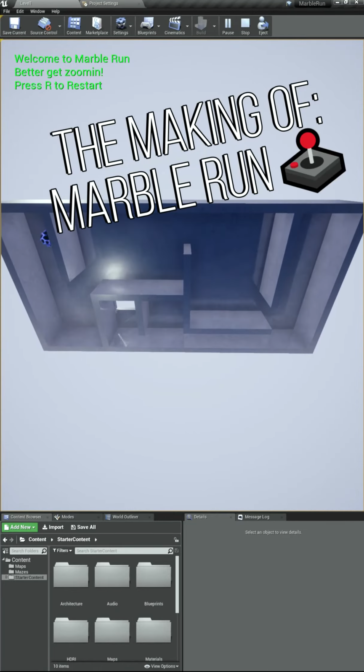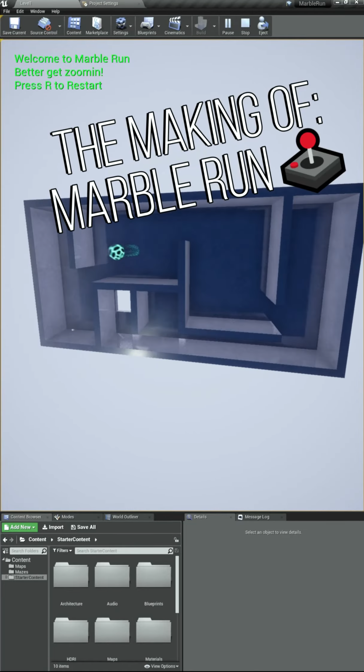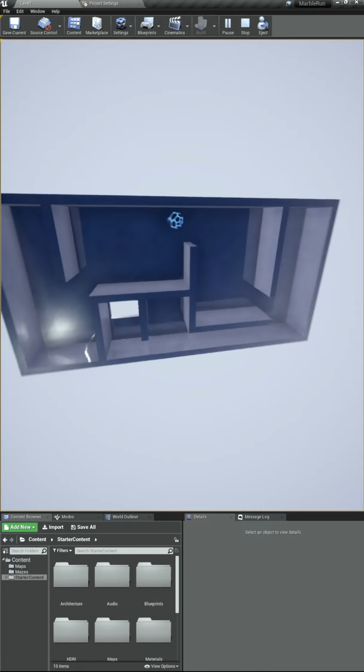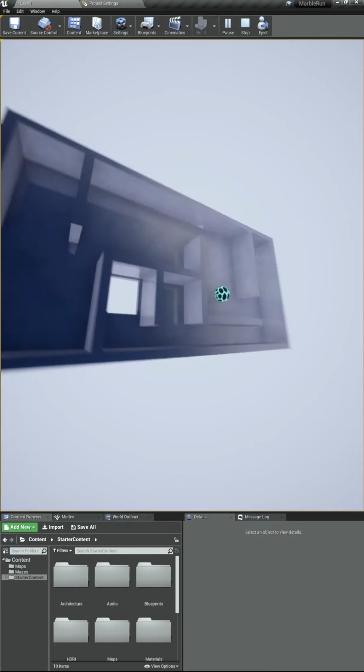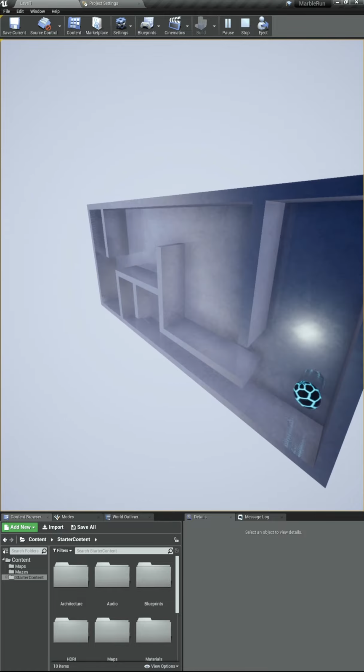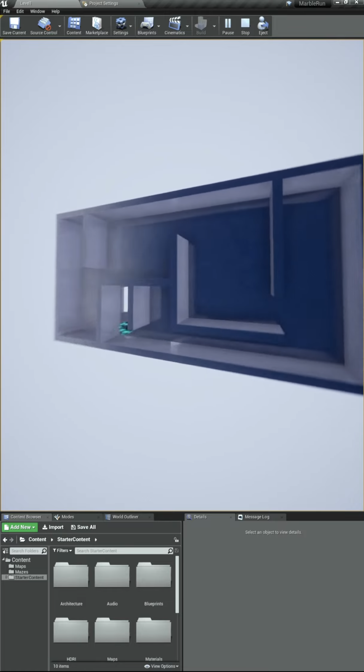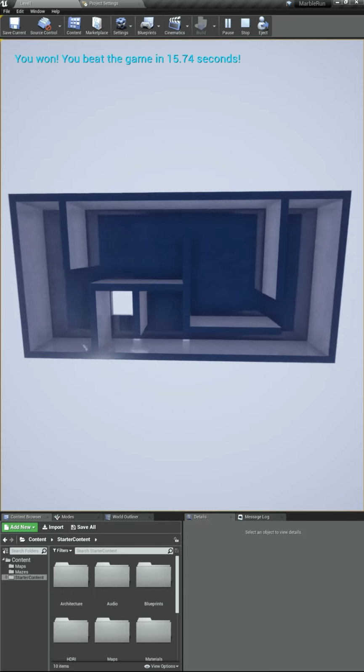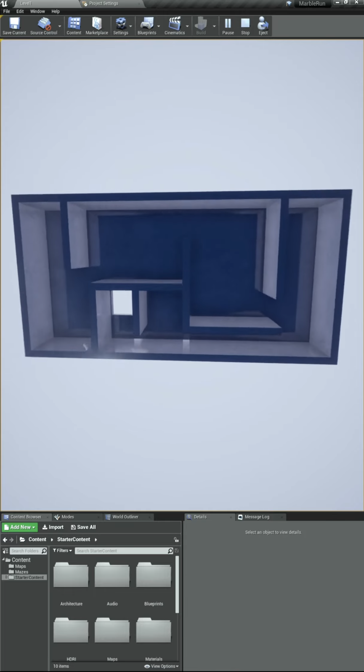This is my first project in Unreal Engine 4, and it's a game called Marble Run, where you try to get the marble to the end of the maze, and it times how fast you can do it. The creation of this whole mini game was documented through short videos that I posted on my social media accounts. In this video, I've compiled every single video that I made for this game, and I hope you enjoy it and